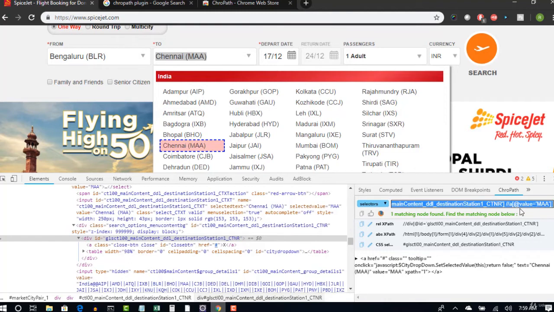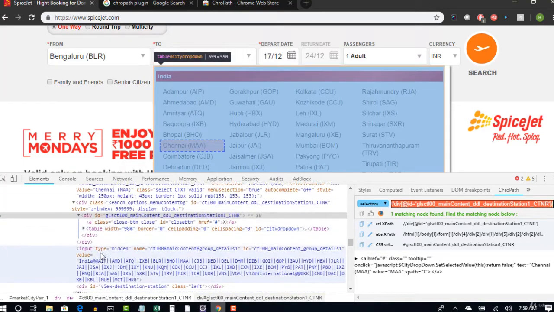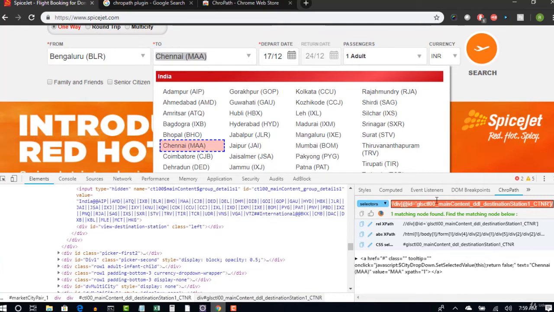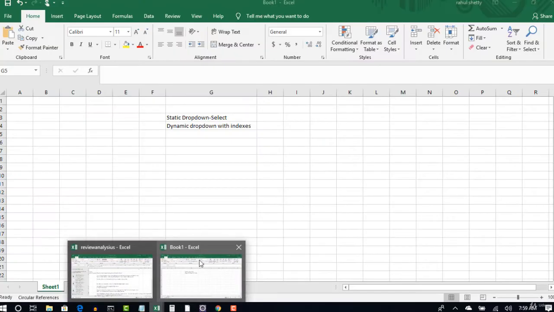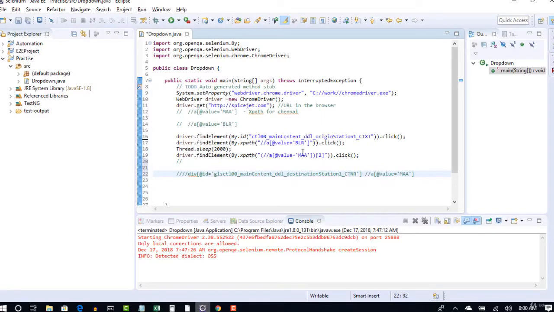And this is called parent-child relationship. Earlier also you have seen this kind of example, but after you reach the parent, you gave one slash, and with the tags you traveled to the desired point. That's the parent-child travel mechanism, and this is the parent-child relationship. Okay, so let me write it here. Again, remember that parent-child relationship XPath will help you to identify uniquely. This is a very important concept.